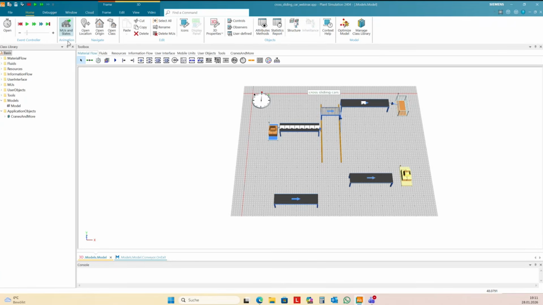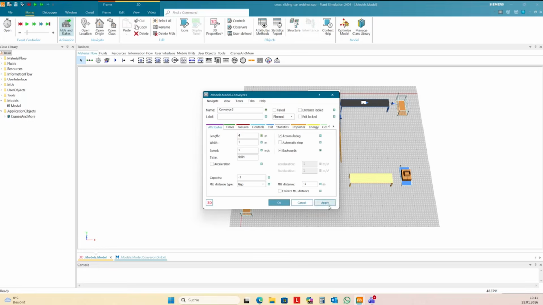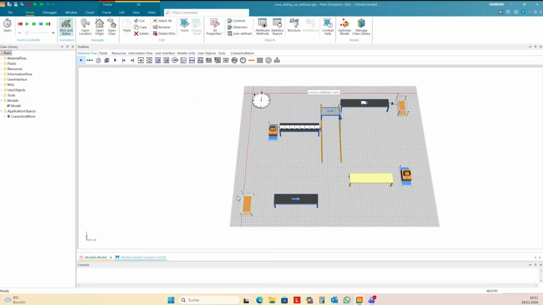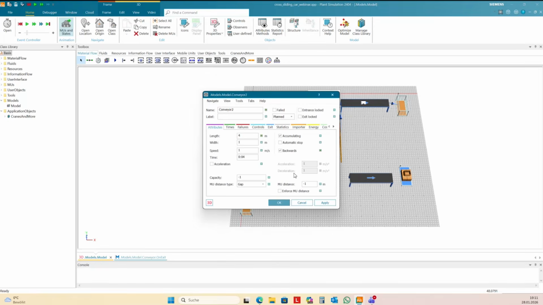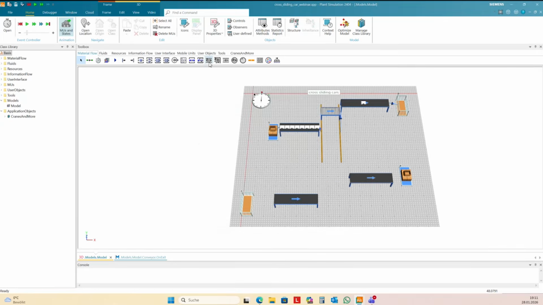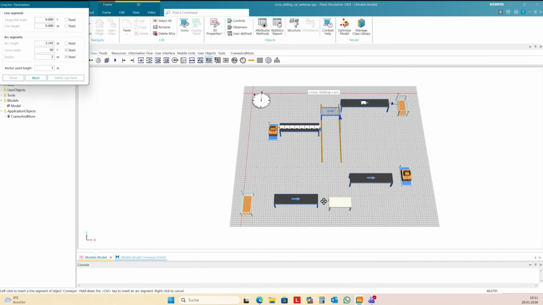The source is here, and the train on the other side. I set the conveyor to backwards. And the cross-sliding car I want to create based also on a conveyor.